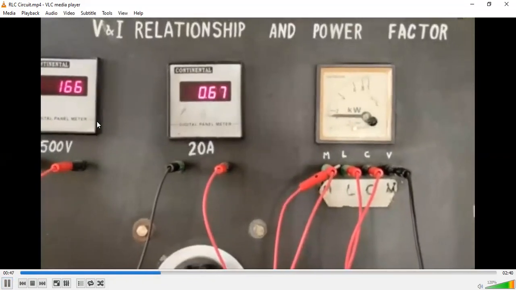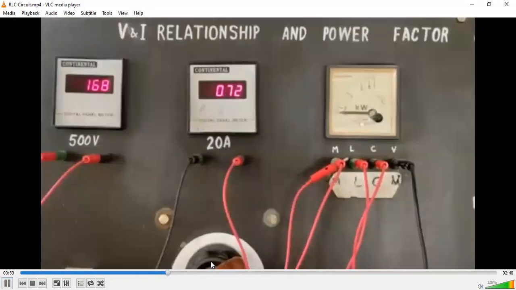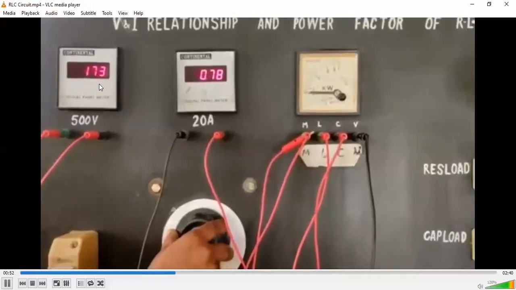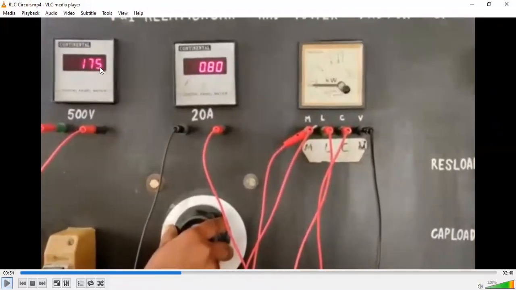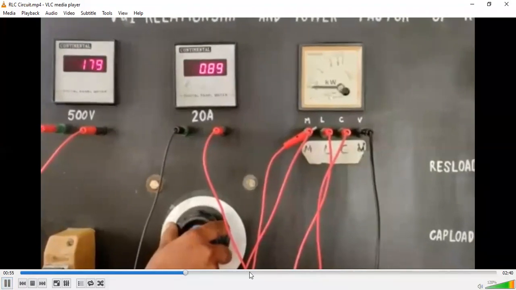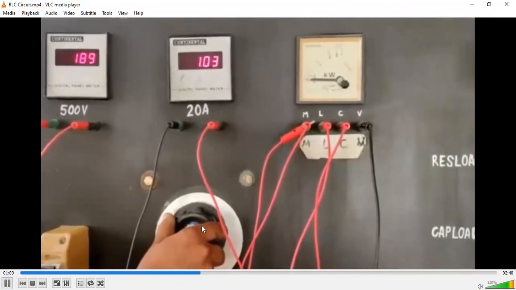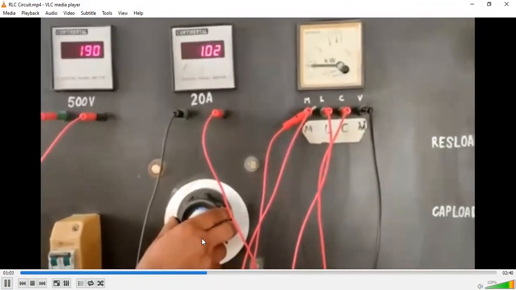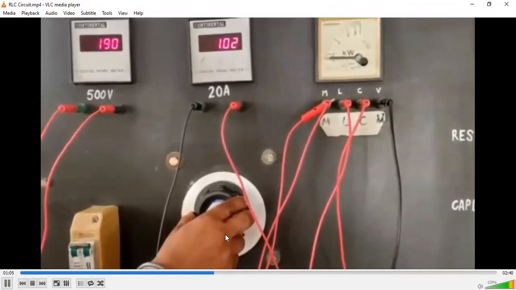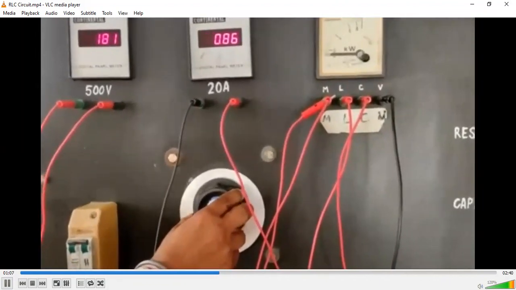So here we are going to show the variation. We are going to rotate this variac to change the voltage. Here is another voltage. You can take the reading also, 175.8, and this is the power. Do the rest of the calculations as per our observation table. By rotating this knob, you can change the voltage, and this is called the auto transformer or variac. That is to vary the AC supply.